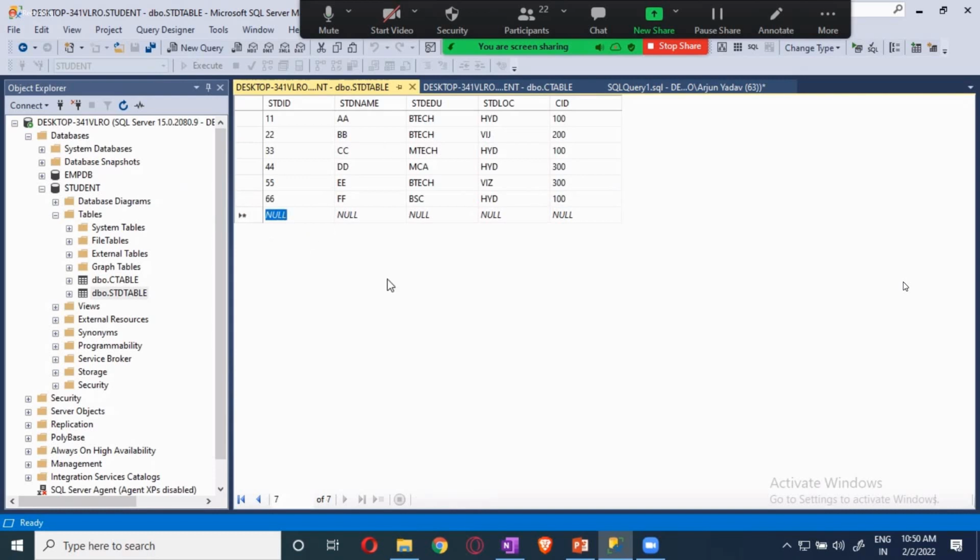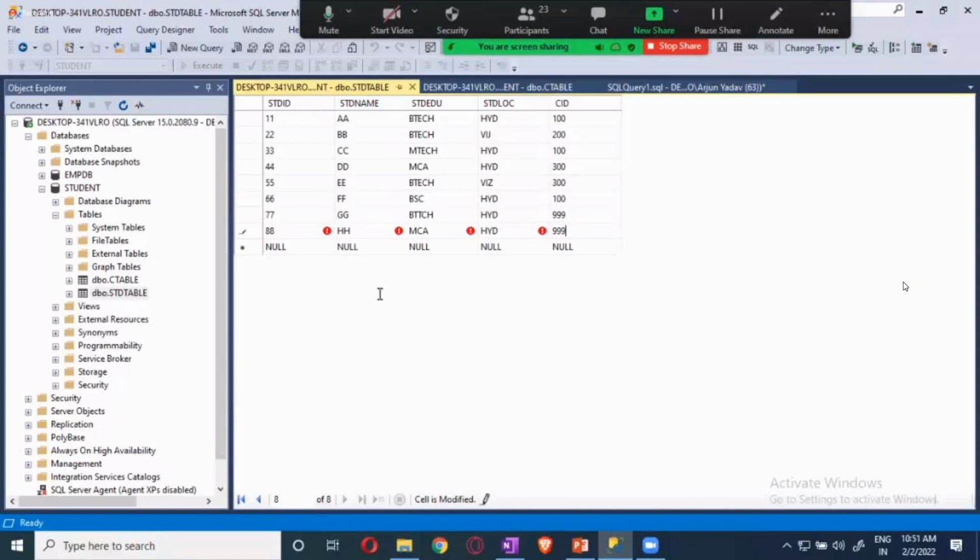Now some employees I am going to give. Now 7, I will say that G and the B, they may be B, and they are currently in Hyderabad, and they belong to employee. Employee, I am giving it as 999. Can I give it like this? Yes, because this is a standalone table. It is nowhere related to any other table. Now I will give one more, 8 and GH and MCA and Hyderabad and 999.